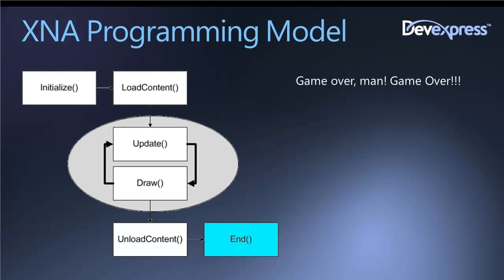And so that way you can save out high scores. If you're doing a race game, you could save track times. If your game's getting booted out in the middle of a level, you could save state information. And so that way, a phone call comes in, you accept the phone call, it dumps the state of your game out to isolated storage, you take the call, and then when you hang up and you launch back into